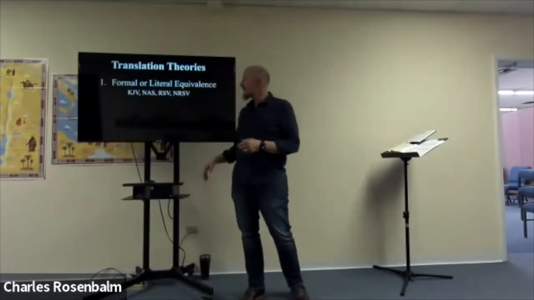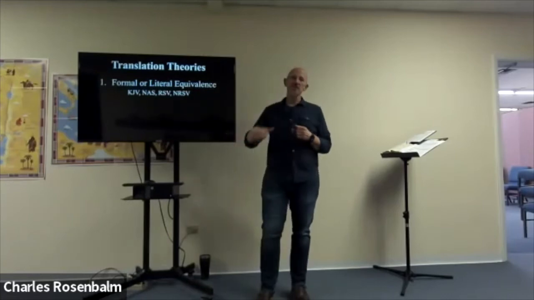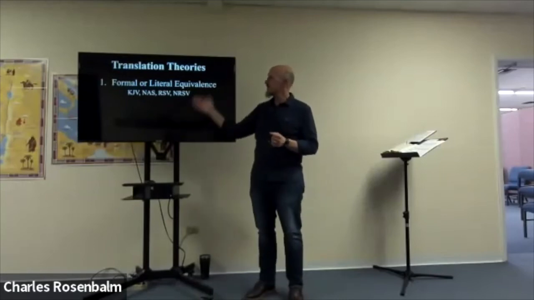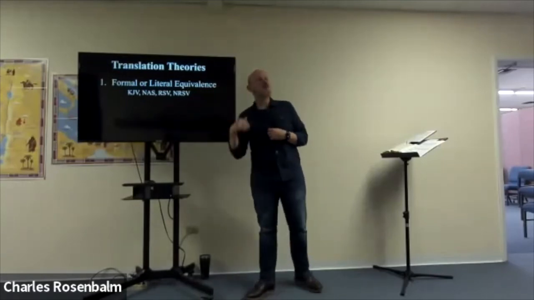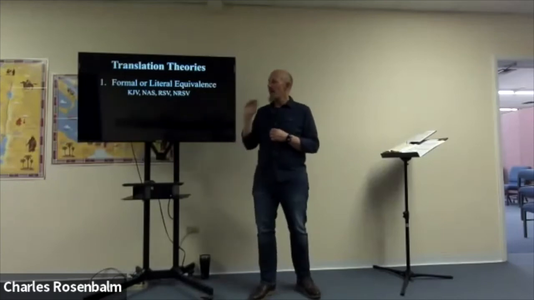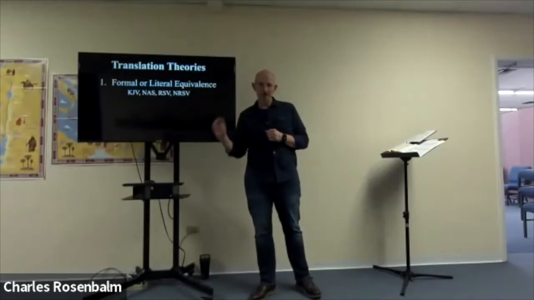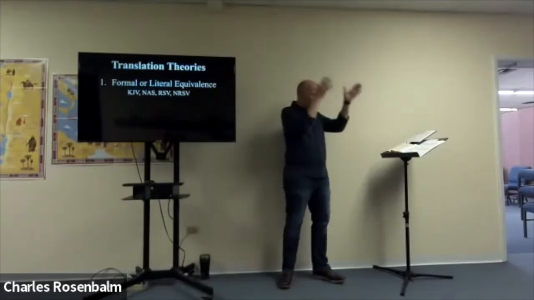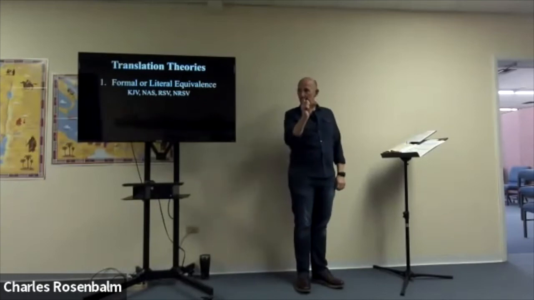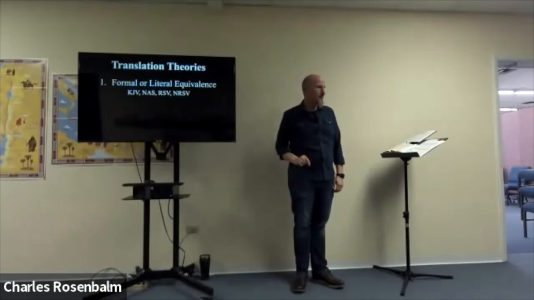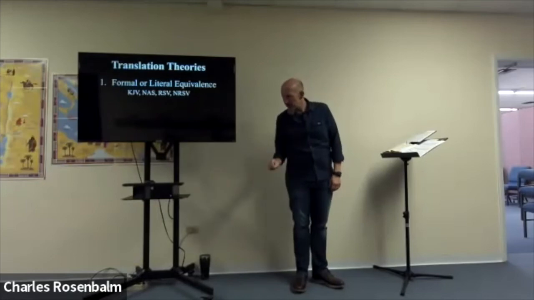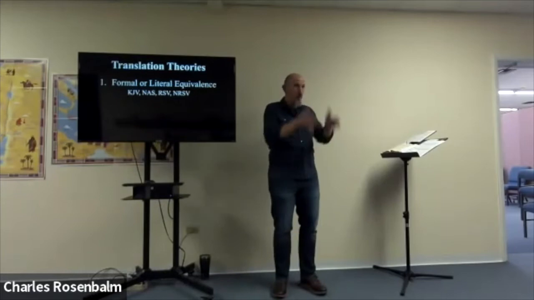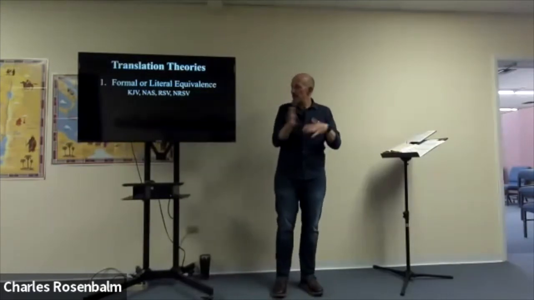Two primary ones. One is called the formal or literal equivalence theory of translation. For some examples, the King James, the New American Standard, the Revised Standard, the New Revised Standard. This is what we would call a word for word equivalent translation. So these versions, what they try to do is take the Greek, and when it's agricola, that means farmer, so they write down farmer. And when it's agape, that means love, and so they write down love. And whatever the word means, they want in your English reading to give you word for word what the Greek says.